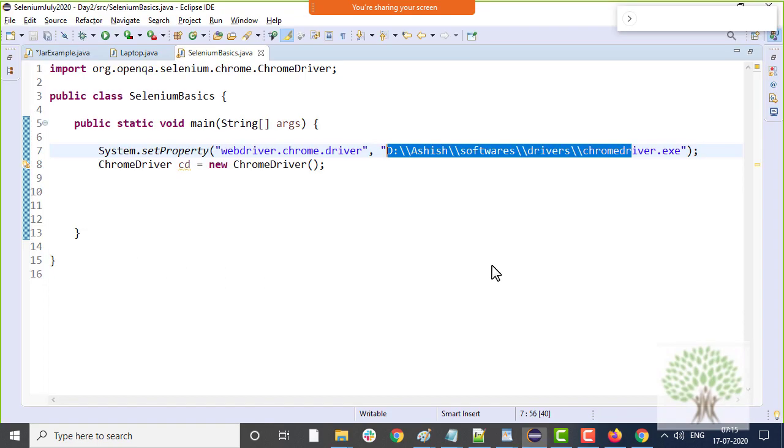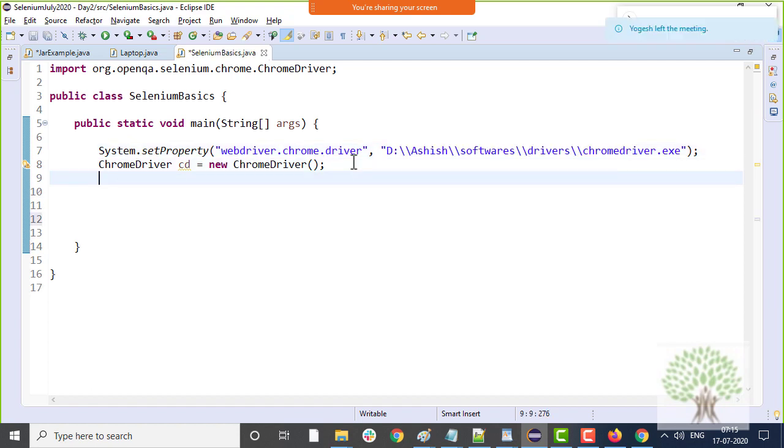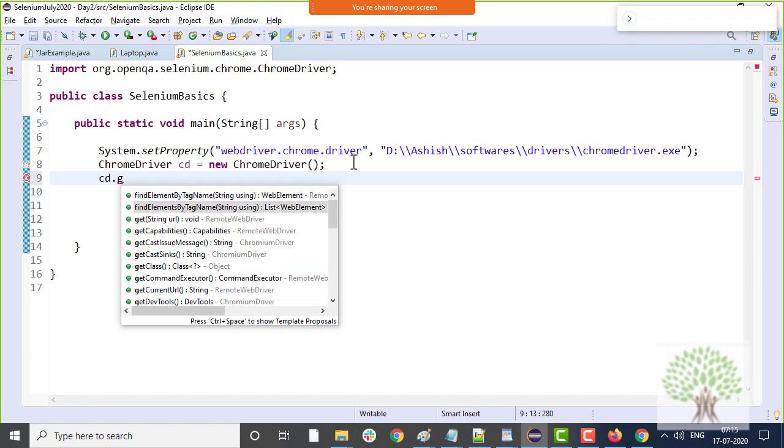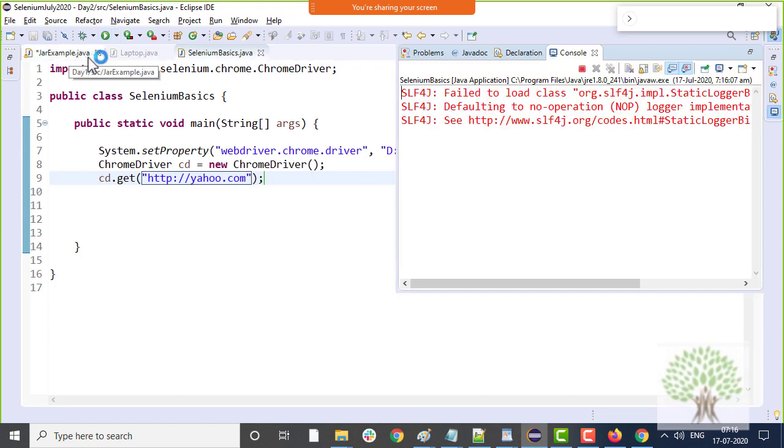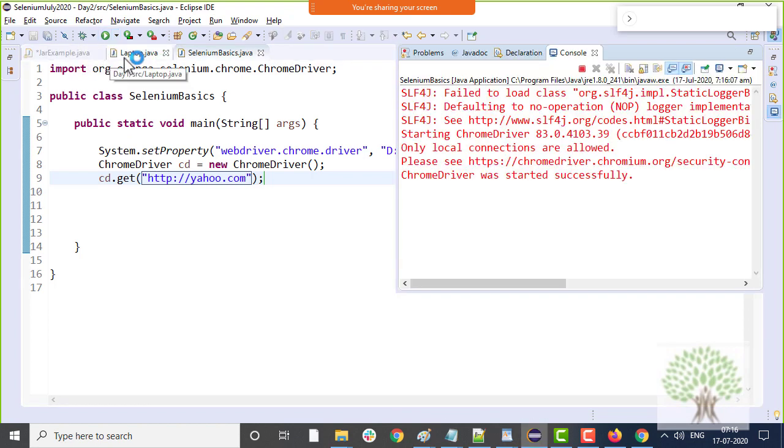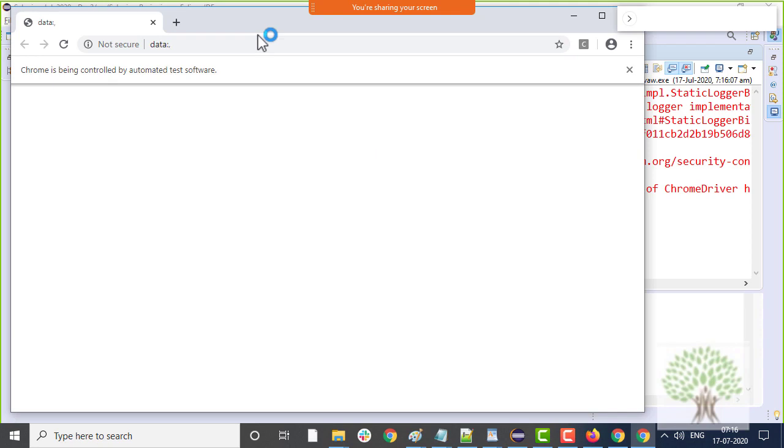Okay, now you can give any commands. For example, ChromeDriver dot, you can write get, and you can give the command http yahoo.com. So when you run this, this will open Chrome and will take you to yahoo.com. Many of you must be knowing these things. Okay, now the thing is,